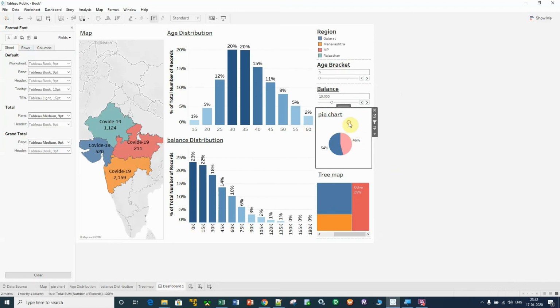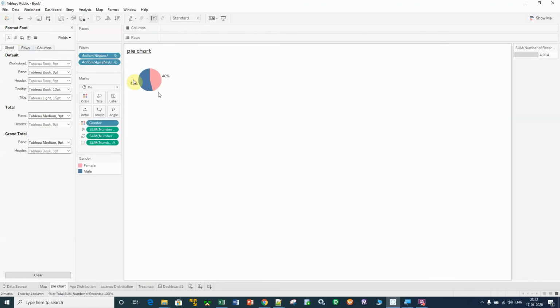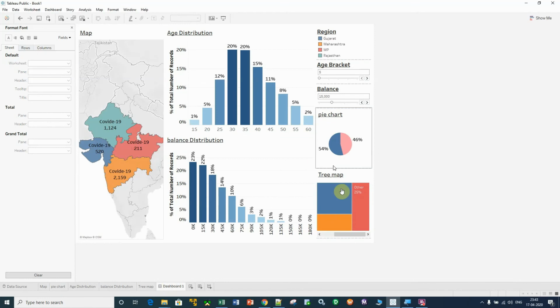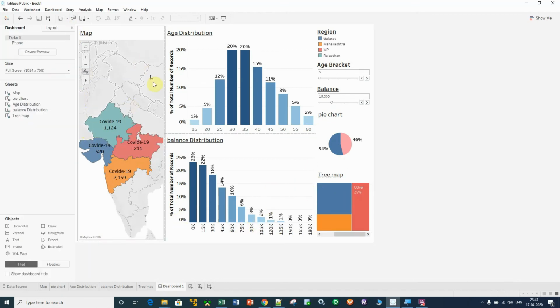And if I want to directly go to the pie chart, click here, and here I want to do editing or formatting. Just click here, click on format, make it 12, black and bold, right? So it is clearly visible now, more clear now. Just click here. Now what else I want to do in the dashboard?